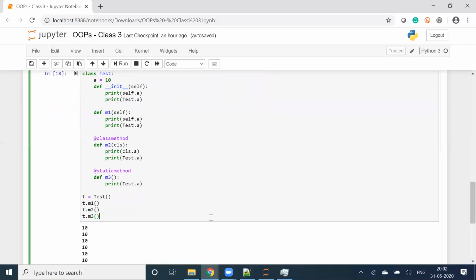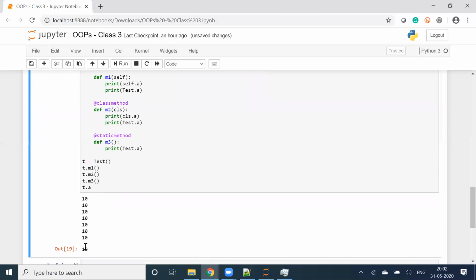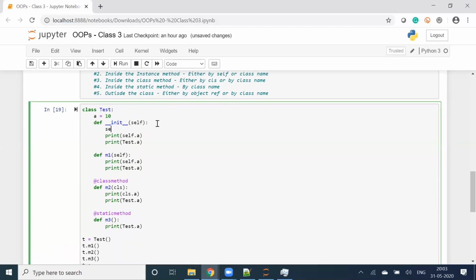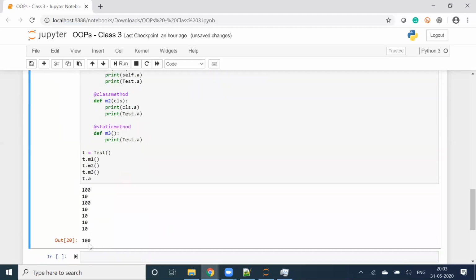Now, let's come up with all the permutation combinations. t.a. I'm getting 10, right? We just discussed that when we pass t.a, we normally get the instance variable. But do I have any instance variable out here? I don't. Let's say self.a is equal to 100. Let me comment it out.